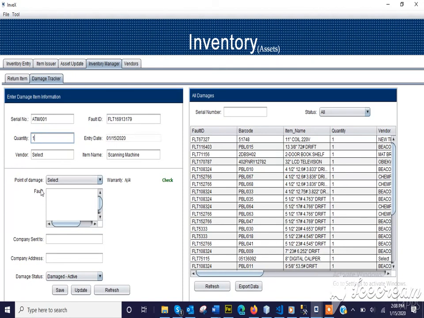Okay, I can select the point of damage. Is it on transit? Is it in customer possession? Is it at the manufacturer, company store, point of sales, orders? So I can say it's bad in the company store. Okay, so we have default. What's the actual